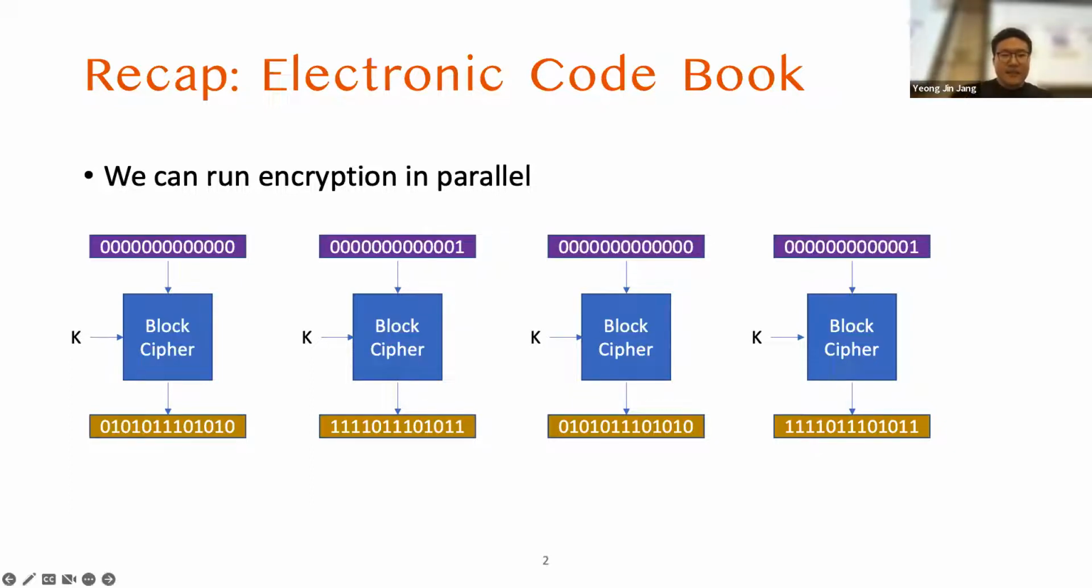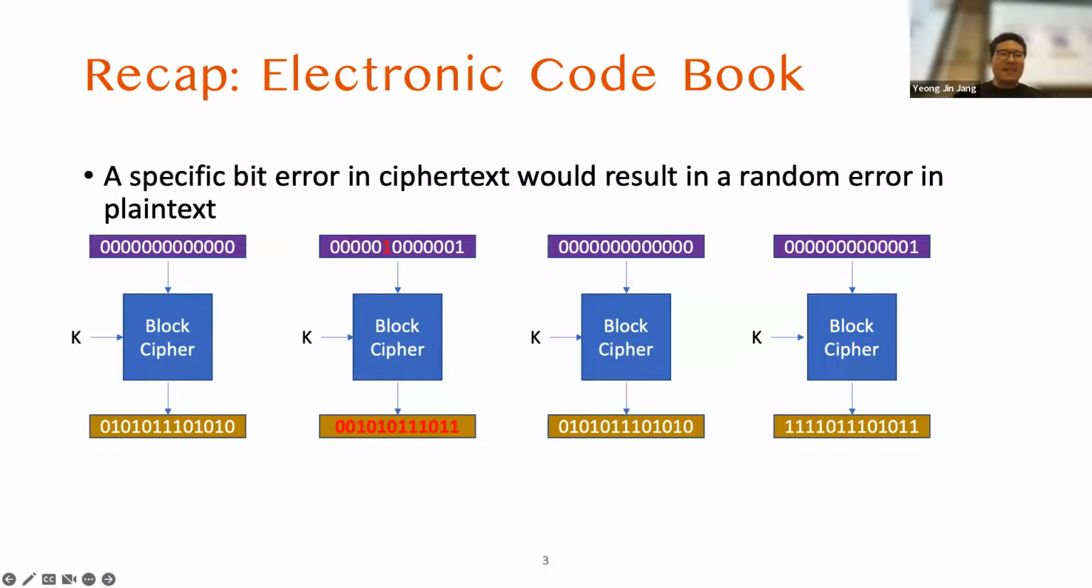One of the good things is that if we flip a specific bit in the ciphertext, then that block will be decrypted to a totally random value. So what that means is that you cannot gain many things even if you alter the ciphertext. But the problem of ECB is that